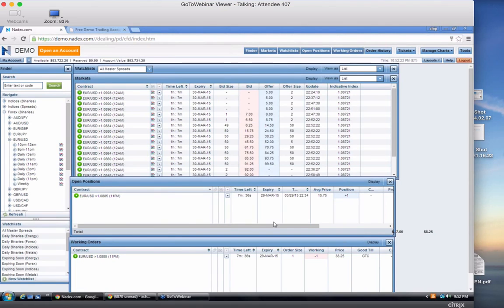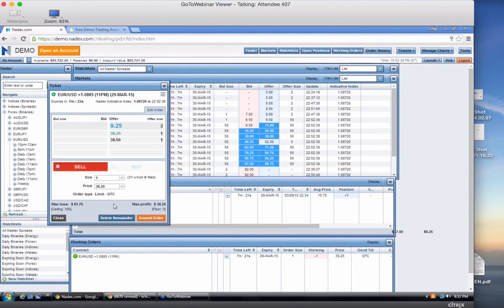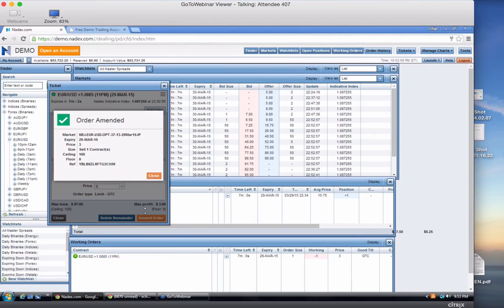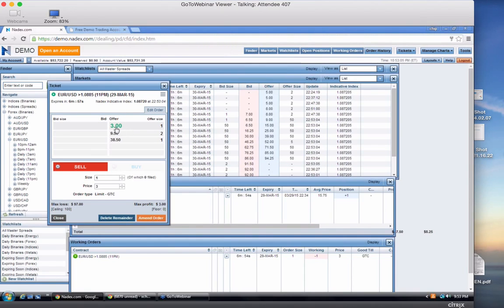So I offset the trade. If you're watching the underlying and you're saying, hey, I'm not going to get filled, I want to get out right now, that's the process. You click this green circle right there in your working orders, and you amend that order. Although here there are no bids at this time on this order. So what you could do is try to offer it out maybe even a little lower and see what happens, to try to draw interest. And that would be you right there.